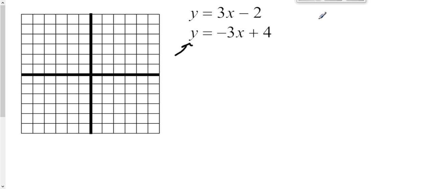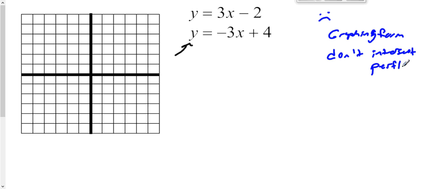Some of the pitfalls, though, of graphing is if they're not in graphing form, or if they don't intersect perfectly. So if they don't intersect perfectly, we have to estimate, and if we're looking for extreme accuracy, estimation is not